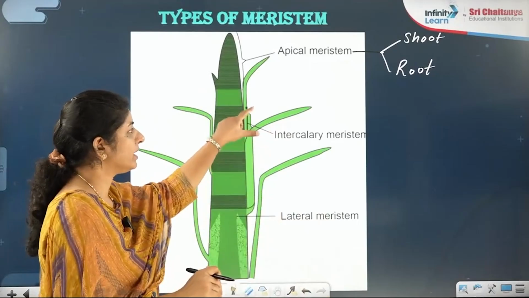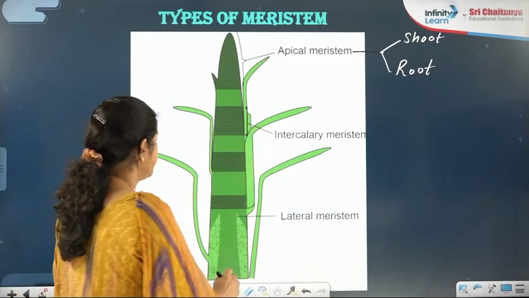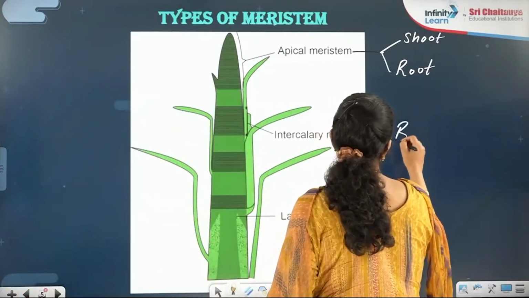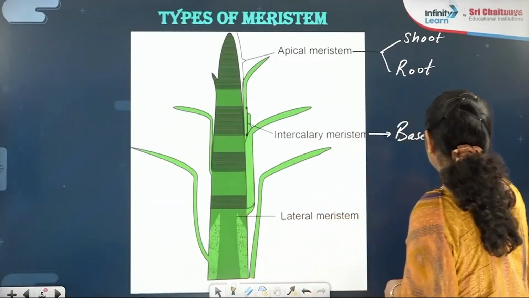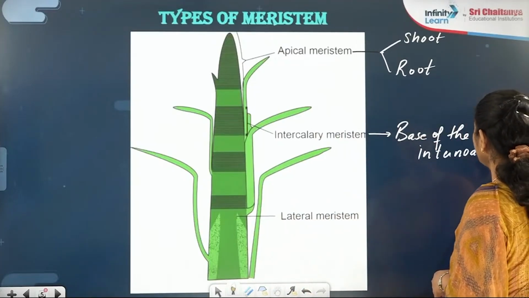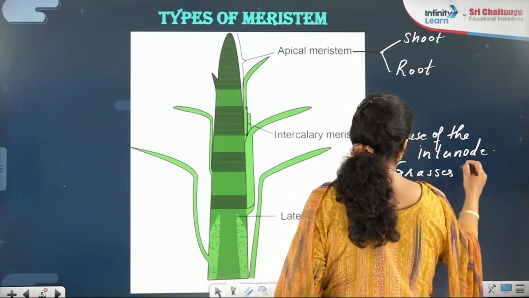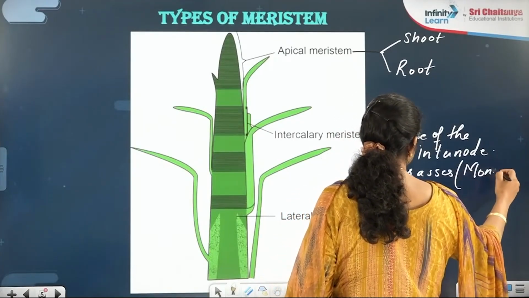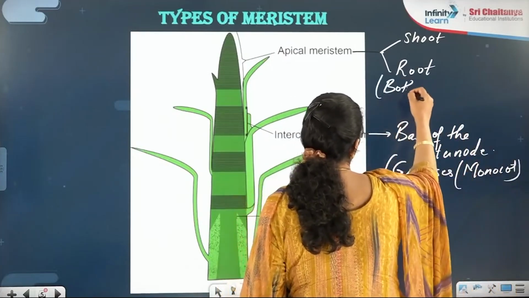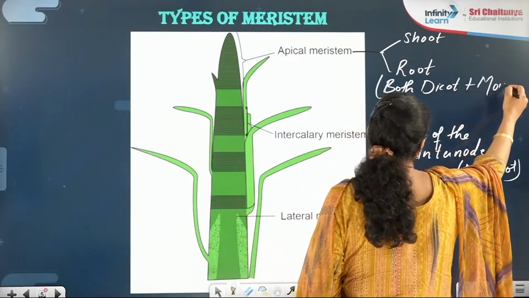Meaning the linear growth. They are helping in that. Whereas intercalary, even it is helping in the linear growth. But what is its location? It is present at the base of the internode, right? And earlier I even discussed with you, this is a feature especially in the case of grasses, which are monocot, right? And here it can be in both dicot and monocot, fine,